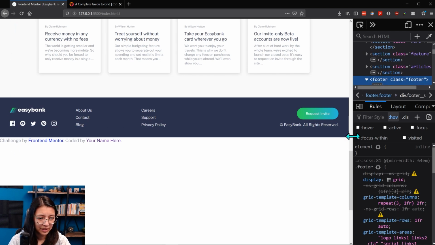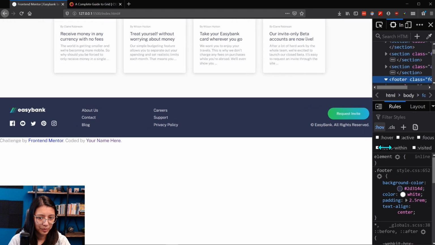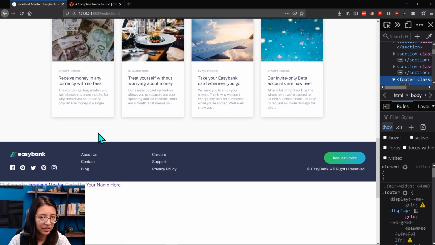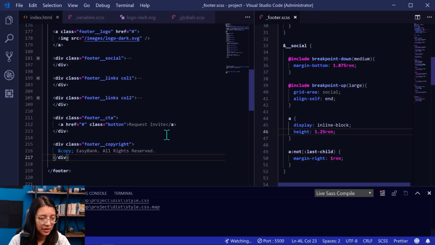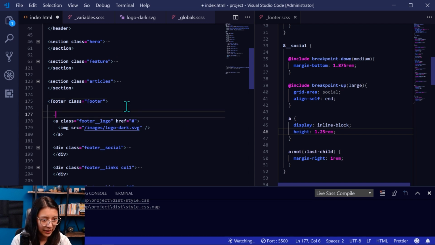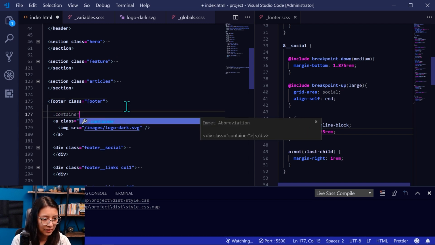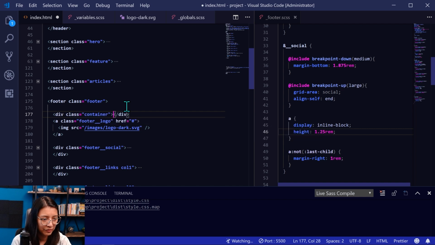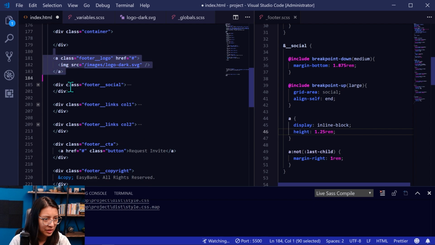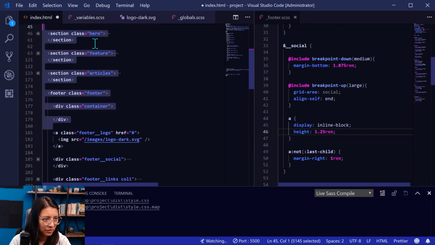Okay, now that I look at this again, I think there's a couple things I need to do. The first one is I need to limit the footer content so it doesn't go all the way across. I think I forgot to add the container class. So let's do that first, and then we might need to tweak some of the alignment. Okay, so in the footer, I'm going to have to add a container class. Container. And I don't remember if I want to add the padding helper classes, but let's just move these into the footer